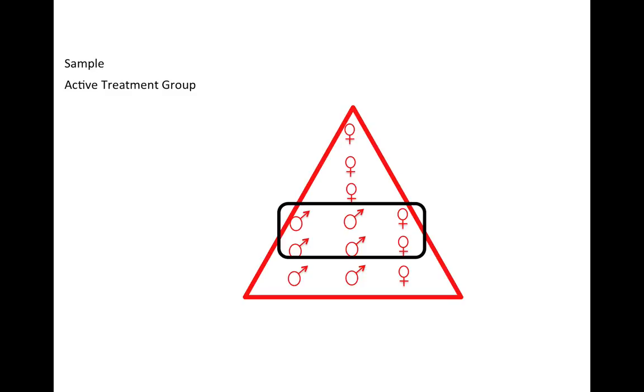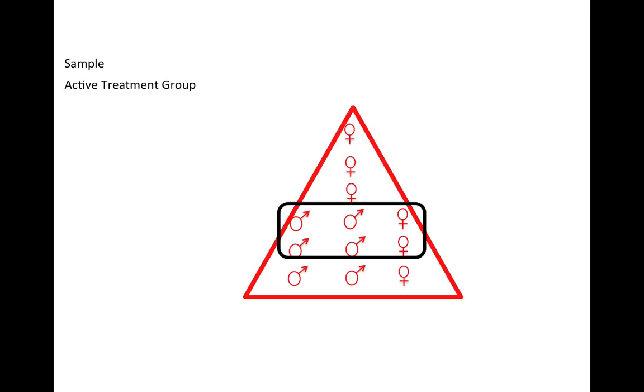Here's a different way I could do this. I could have everyone in this black rectangle have their door knocked on and everyone outside this black rectangle not have their door knocked on. Still, the proportion of men versus women is different among those who have their doors knocked on than among those who do not have their doors knocked on. So still, this is not an ideal setup for learning about the effect of knocking on the door on voting,